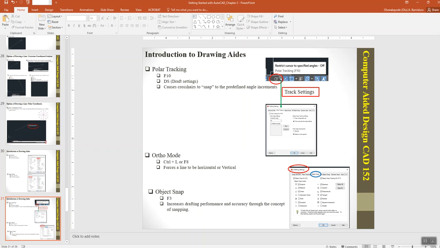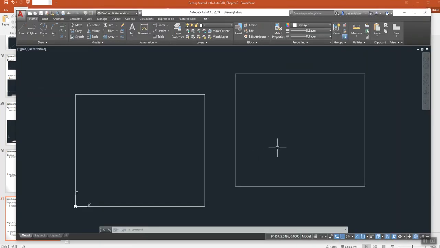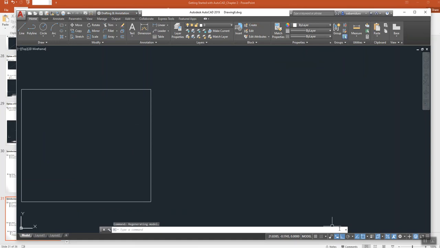Now polar tracking. That's initiated by F10. Whenever you want to use polar tracking, this is your polar tracking here, F10, or I can just click on the status toolbar. If I want to create a line,